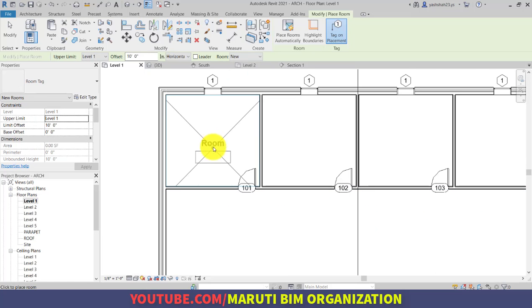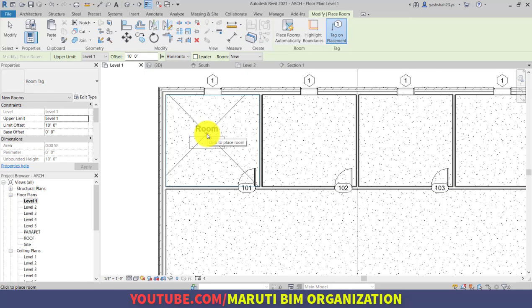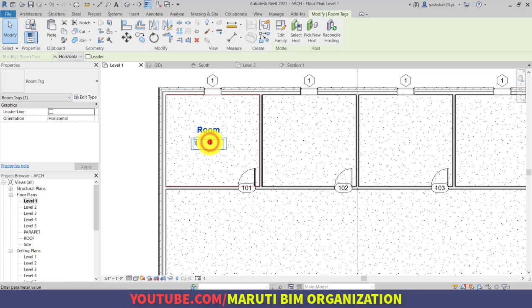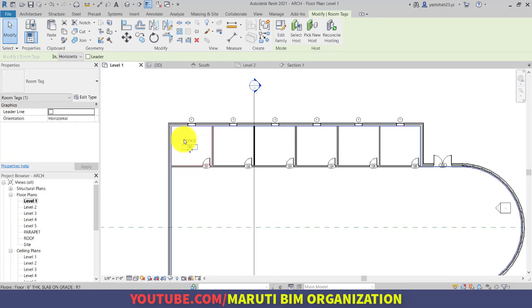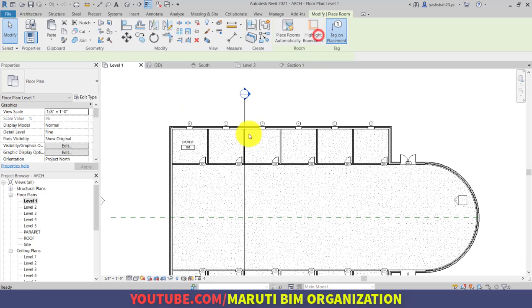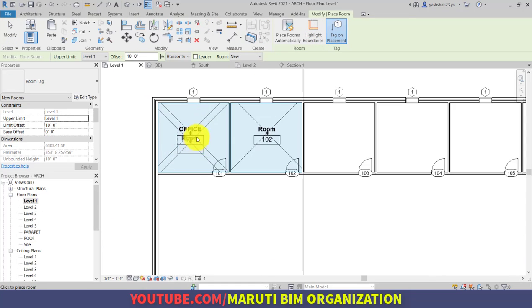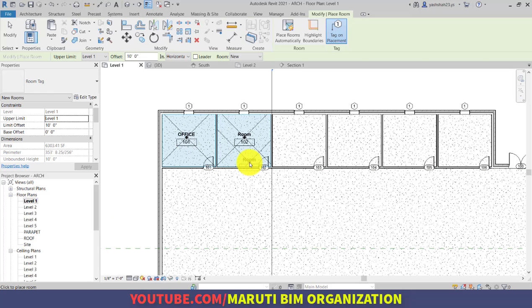Now I want to create my first room somewhere about here. So click inside this. Now double escape and I want to use room number 101 and room name office. Okay. Similarly, I want to create different sets of rooms. So room number 102. As you can see here, it is renamed to 101, so it is automatically created as 102. Okay. So similarly, 103, 4, 5, 6.